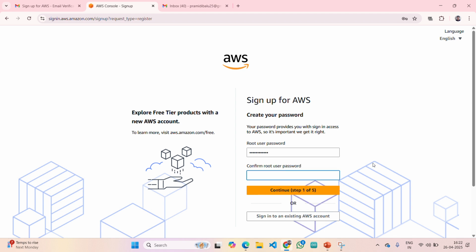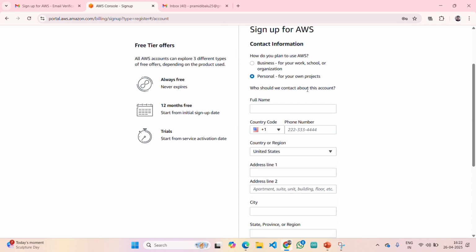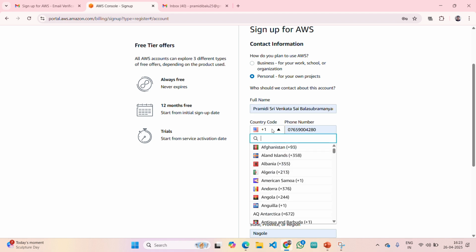Yes, again we need to re-enter the password. Still there are 5 steps, and we are still in step one. One by one we need to go through. Actually, it is a personal account. One by one you need to give all your details.